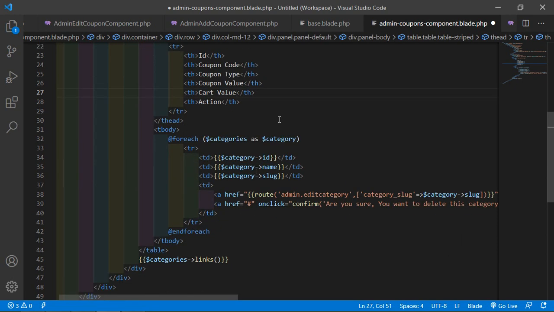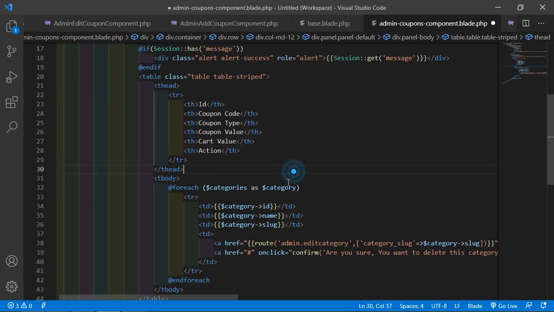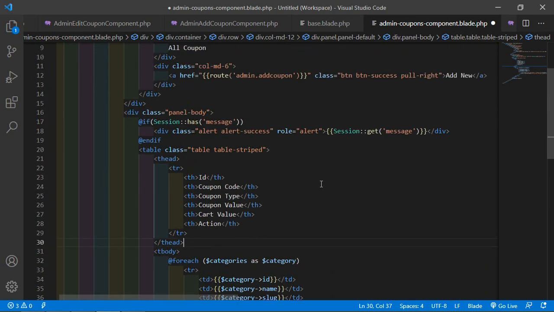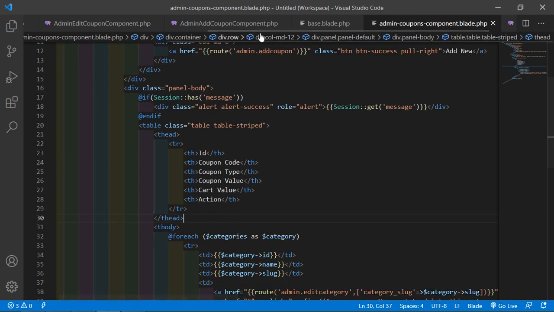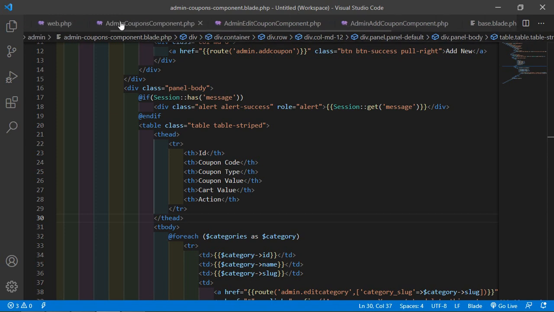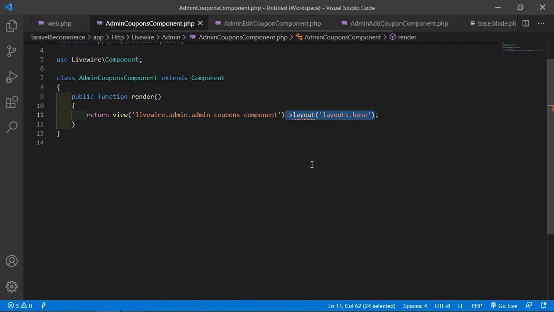Okay, all right, now save this file and now go to the admin coupons component class file, AdminCouponComponent.php file,